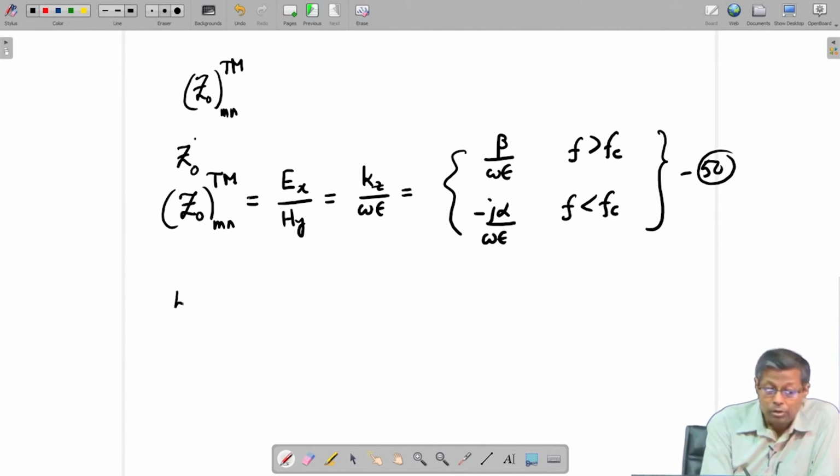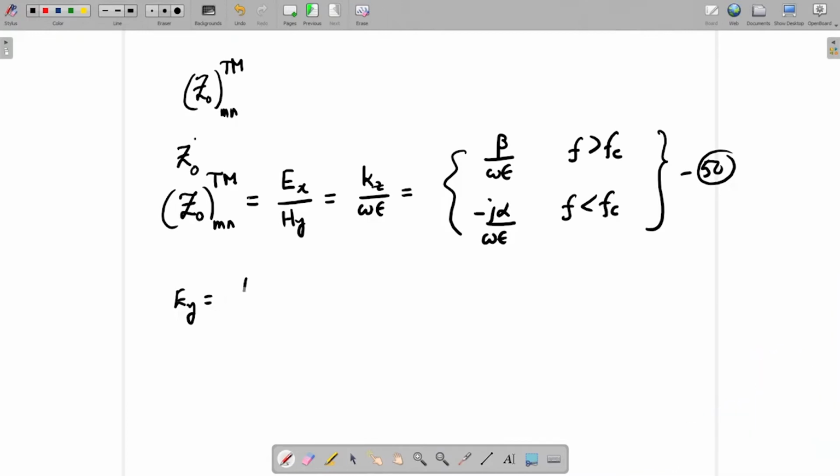So, E y is given by 1 by y cap del square psi del y del z, and H x is given by del psi del y, and therefore,